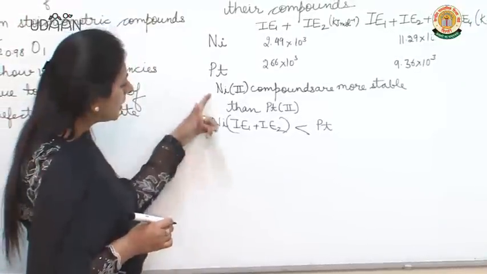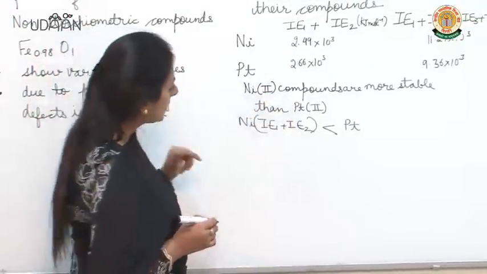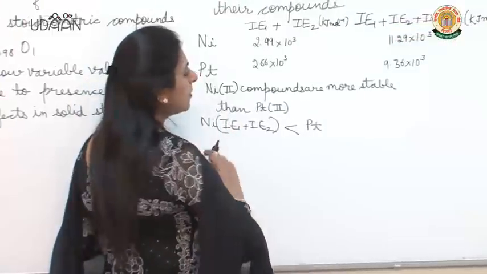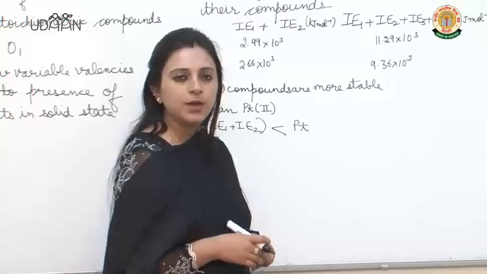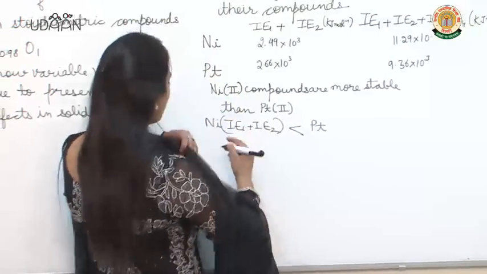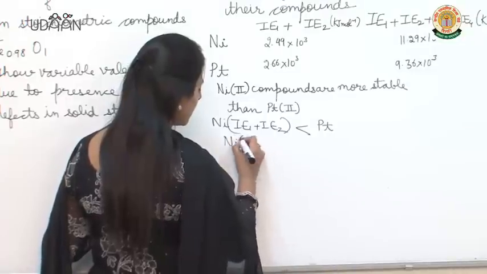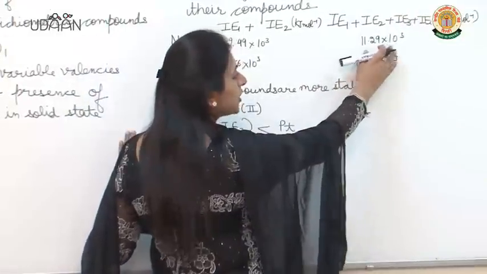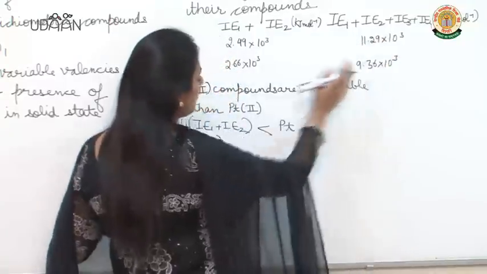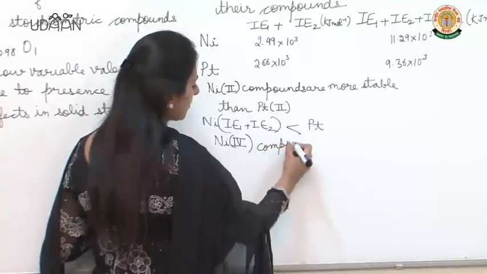इसीलिए thermodynamically these compounds would be more stable. Now let us compare the +4 oxidation state for nickel and platinum. Now if we look at +4 oxidation state, nickel 4 अगर हम देखेंगे, the sum of first 4 ionization enthalpies is much high as compared to platinum 4. Therefore, nickel 4 compounds are